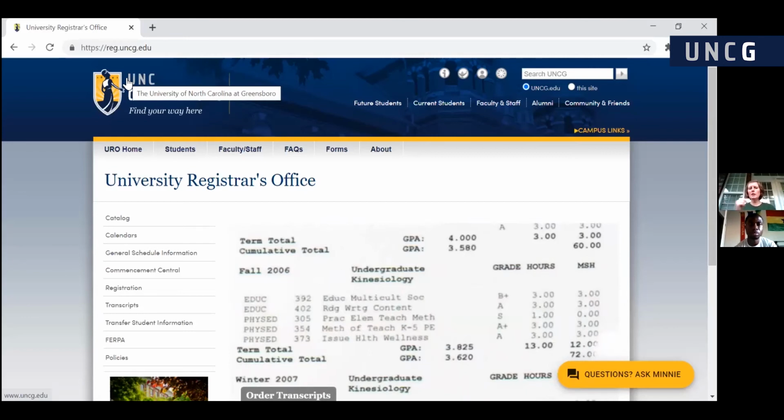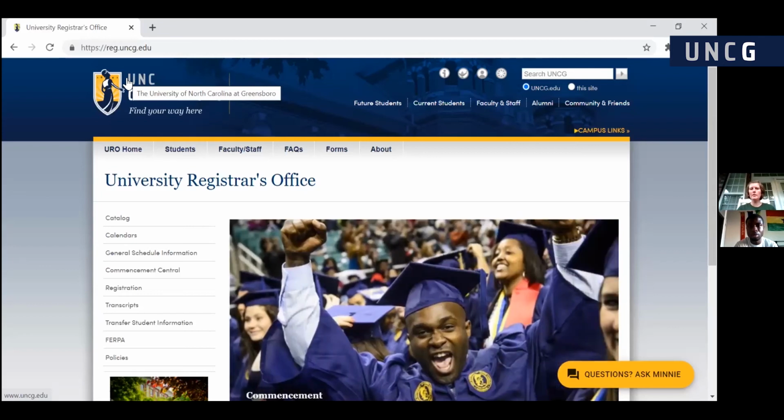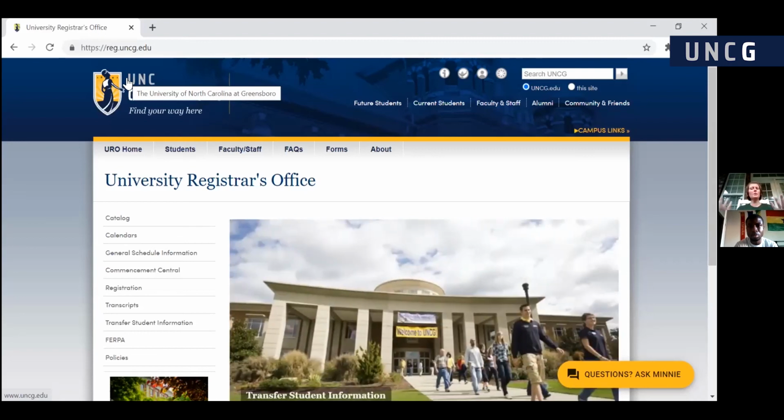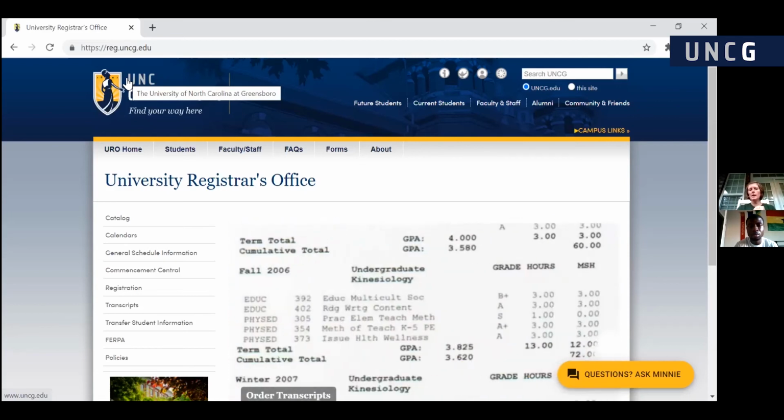In terms of switching advisors, we could probably look at that. I could check with Dr. Rhodes and see if we can get that advisor assignment changed already so that you could begin working with him or with advisors in that department. Now, if you're a freshman, you would actually be assigned to our advising center as a social work major. But either way, feel free to email us at askhhs@uncg.edu and we can go from there, look into that in more depth. So thank you for submitting that question. And Coach Joe, thank you for sharing.